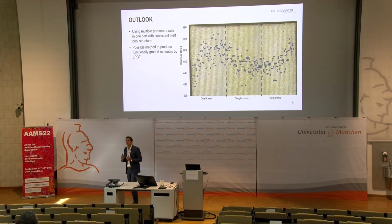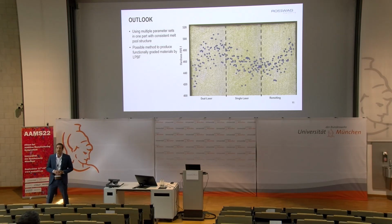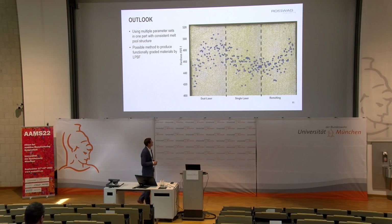And this was the first principle. We thought, okay, we have it tested on single specimens with single parameters. Let's test it in a part that has multiple parameters within. So here you can see one third of the part was melted by the dual laser mode with 200 watts, one third was melted by the single laser mode, and one third was melted by the remelting mode. And you can see something like a graph, a function of the hardness